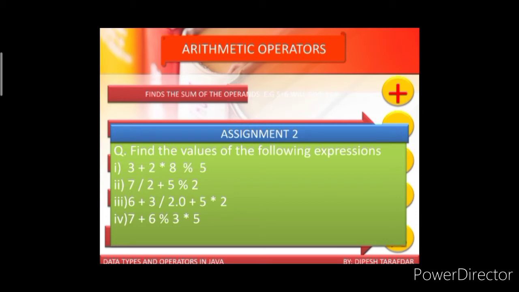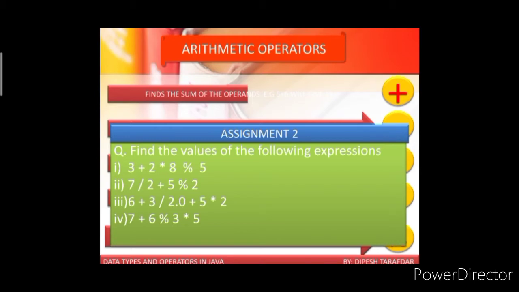That means the operator to the left will be evaluated first and then the operator to the right. For example, the first one, 3 plus 2 asterisk 8 modulus 5. In this case you have a plus, an asterisk and a modulus. Plus obviously has a lower priority, so I'm keeping it aside. Now you have asterisk and modulus, which both have the same priority. So which one will be evaluated? The one to the left.